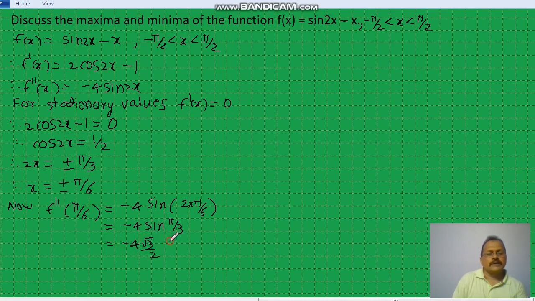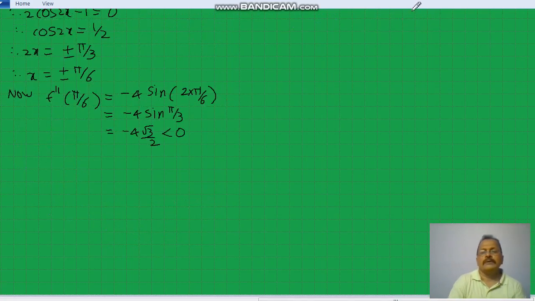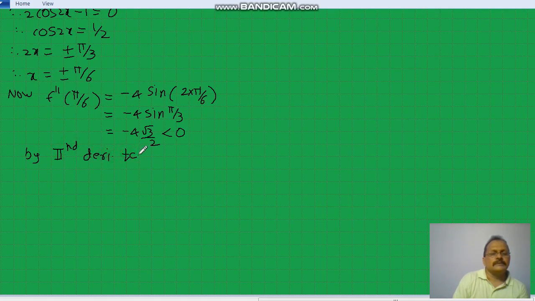This number is certainly negative, and therefore by second derivative test x equal to pi by 6 is maxima for f x,